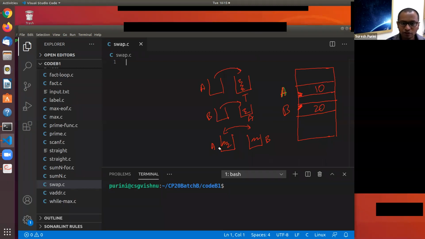And in the last step, you transfer the contents of T to B. Yeah, T to B. So this is the plan. When you transfer the contents of A to T, T contains the contents of A, that is water. And the milk that is in B, you transfer to A now, and the water that is present in T, you transfer to B. So this is the idea. Are you all with me here?